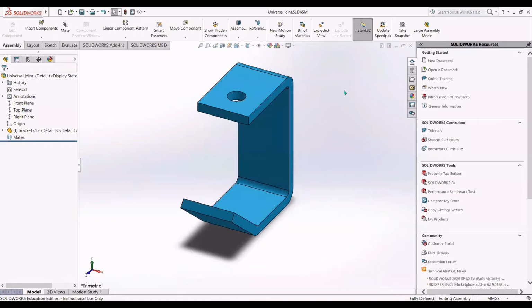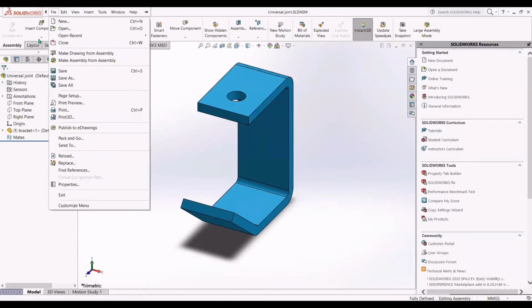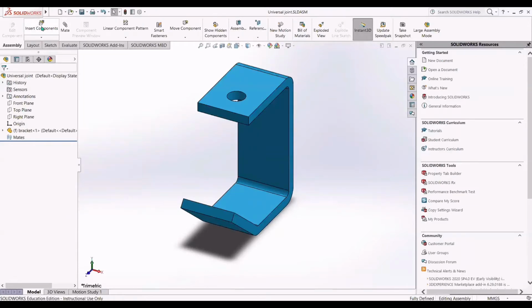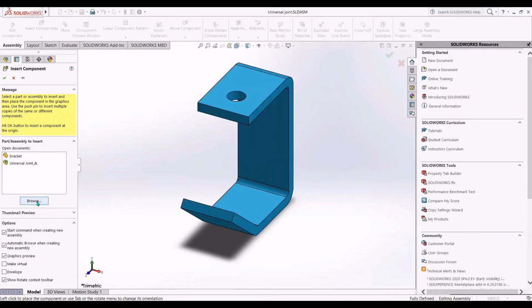So the next step is if we want to add a component. Once the first component has been inserted and fully defined, other parts can be added and mated to it. In this example, the yoke male part will be inserted here and mated, and this part should be underdefined so that it is free to rotate. So how do we insert the yoke male? Just go here to Insert Component. You can find it at the top here on the left top. You can just drop down and choose Insert Component, and you click Browse,